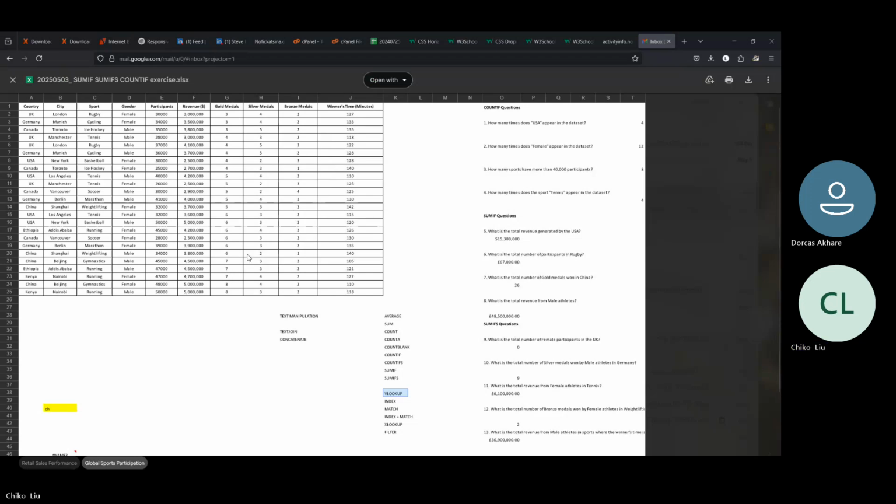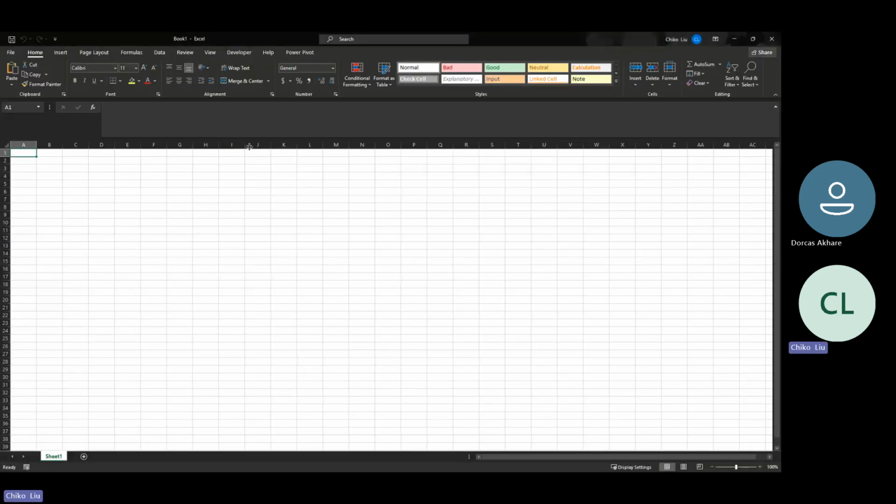So the V, V means vertical lookup. Basically whatever is vertical is the column. Does that make sense? Yes. And you use VLOOKUP for looking up values in a particular table. So let's say you have a table here